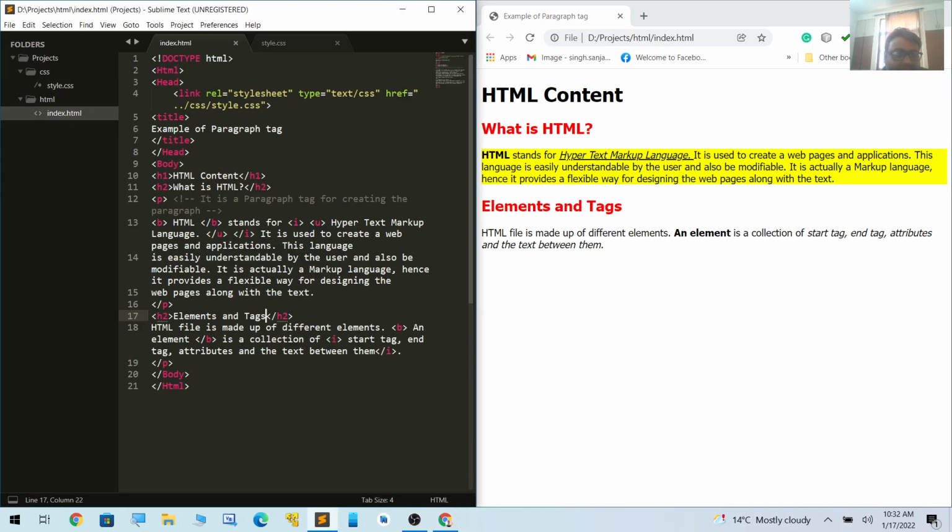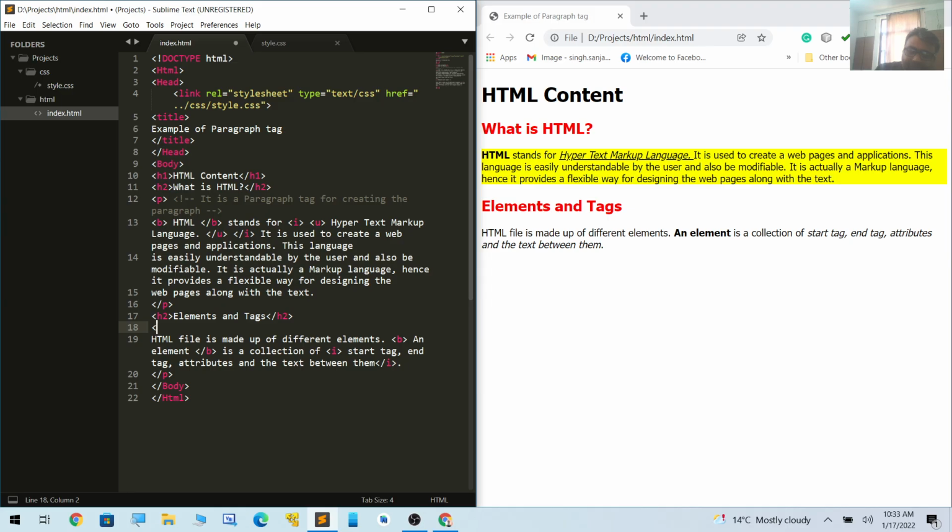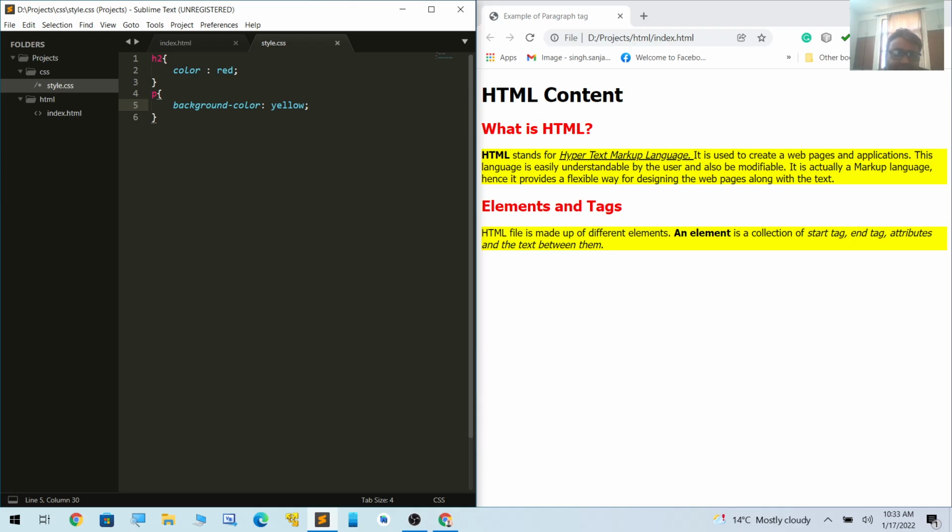In the HTML file, if I analyze, there is a closing tag of paragraph here, but there is no opening tag of paragraph here. This is an error. There is a closing, but there was no opening. That was the problem. So if I save it and then run it, all the paragraphs will have that background as yellow. So instead of doing this,